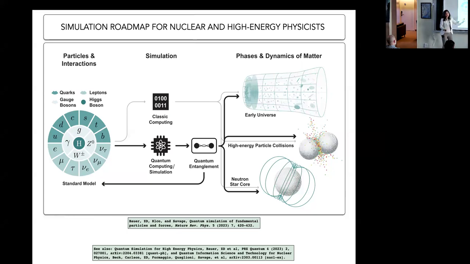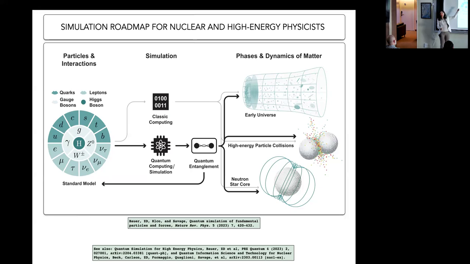And regarding the phases of matter, there are also astrophysical objects, like the interior of neutron stars, which is the densest form of matter that we know in the universe. And we still don't have a good idea of what the different phases of matter could be inside these neutron stars. Can we actually start from the underlying theory and make predictions for these really complicated quantum many-body systems that are often also very dynamical, right? We're interested in the real-time dynamics of these processes. So that's why we think that simulation is the way to go.